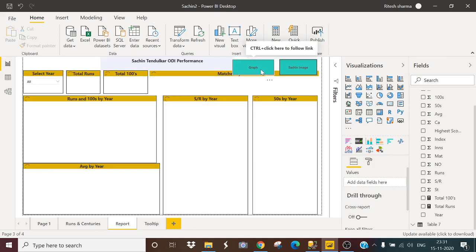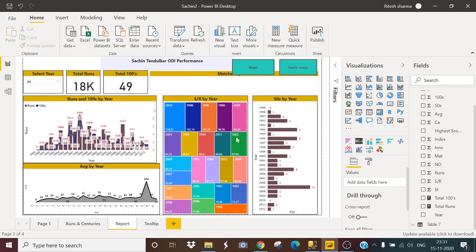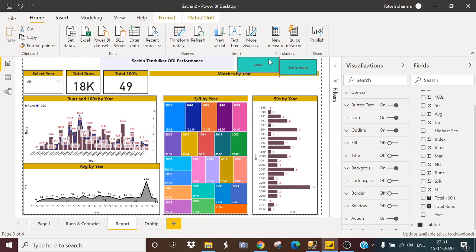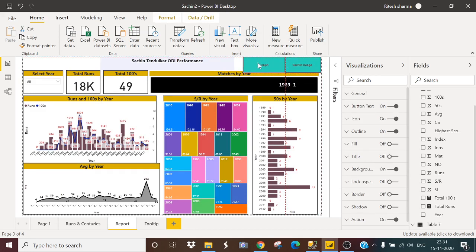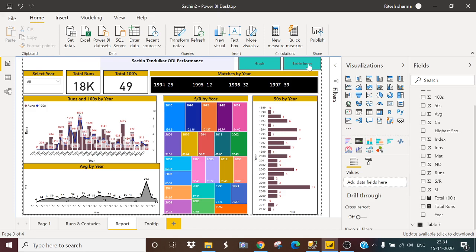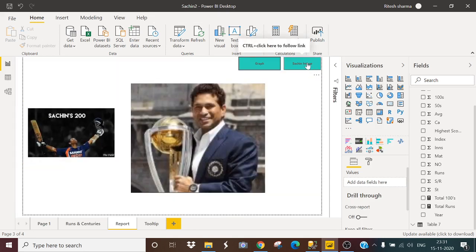As you can see, this button is showing me only the graph, only the visuals. And if I click on Sachin image, let's see what will happen. It is showing me the Sachin image.